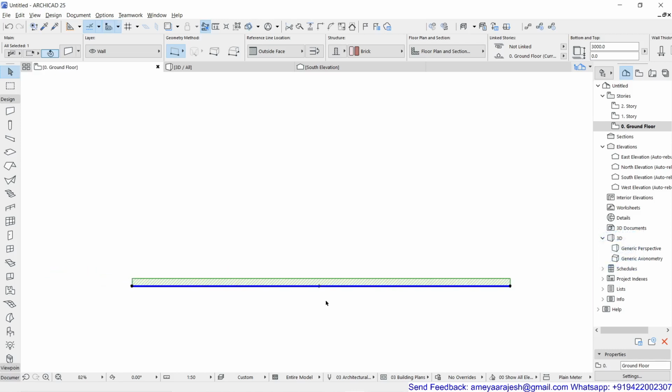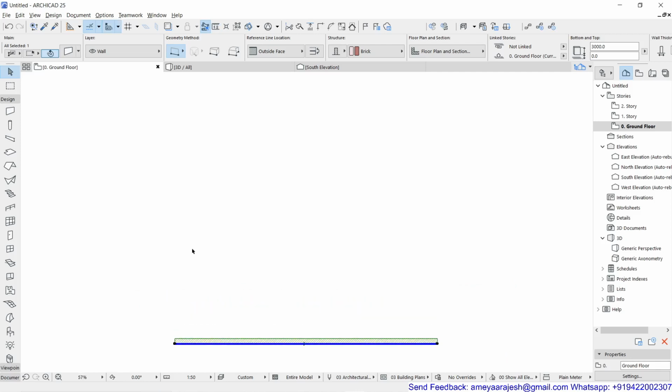So now my wall length has become 12 meter. If I just use M from the keyboard and check this, you will realize how it is working. Okay, it is 12 meters exactly. Anyway, now it's time to construct the vertical segment, which is 13.07 meter. Now you will see how I can do that. Should I construct a new segment? If you want, you can construct a new segment, but I am not going to do that. Instead, I'll show you two possibilities.